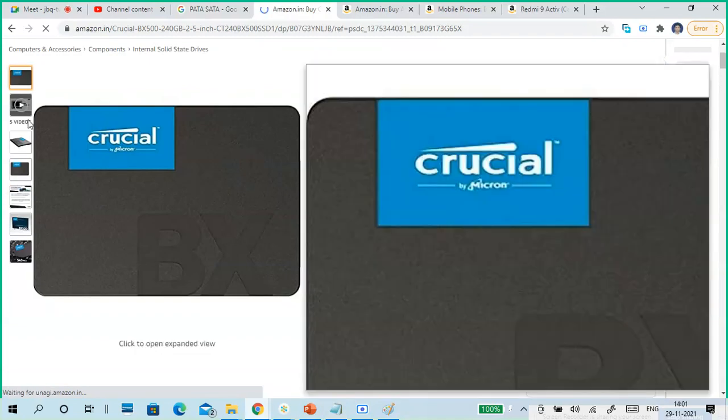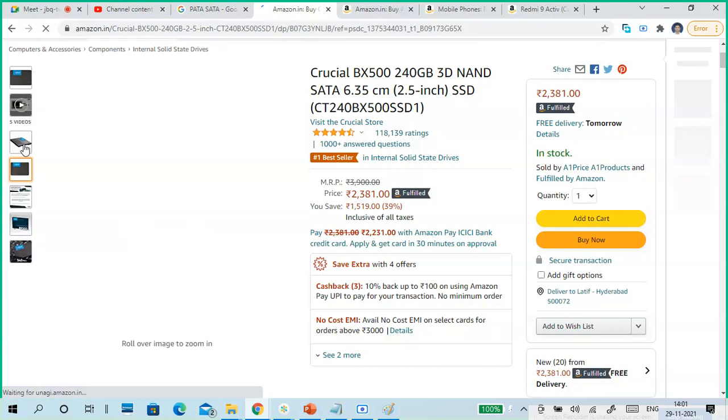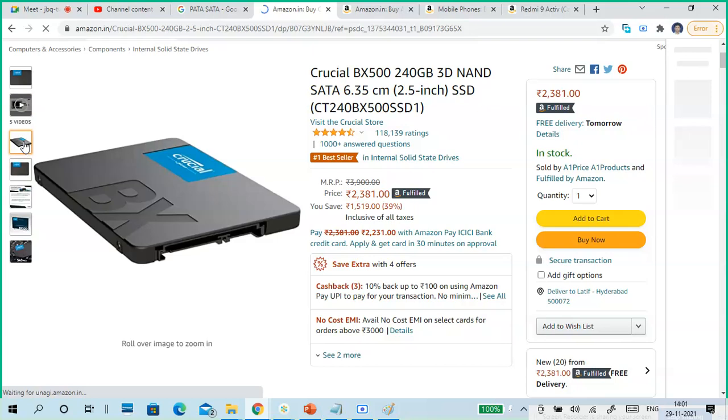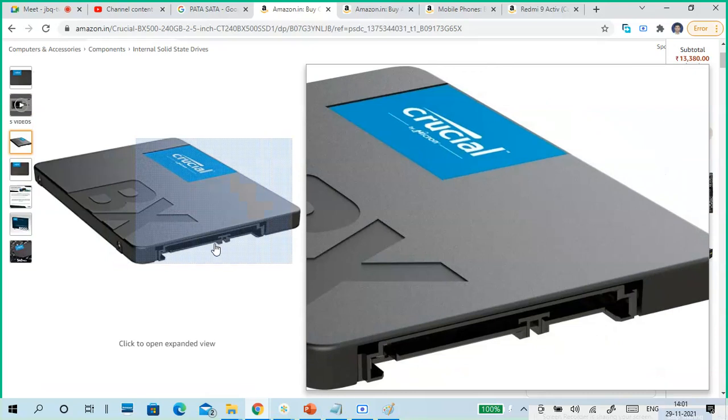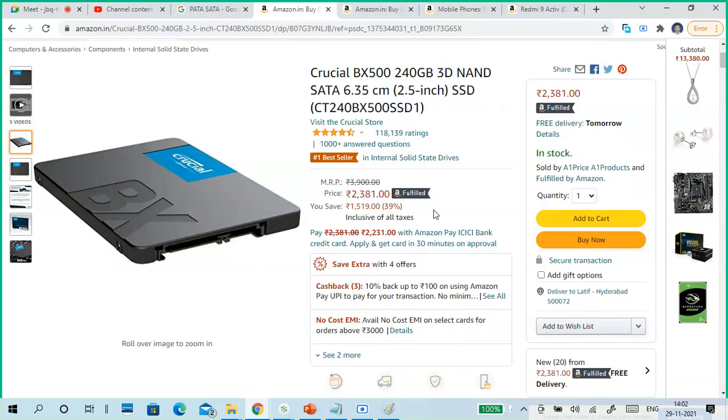With SSDs we can also store data, but it is costlier than a normal hard disk. If you want to buy a hard disk or an SSD, which one is better? The normal hard disk is better because, see, this SSD is 240 GB.